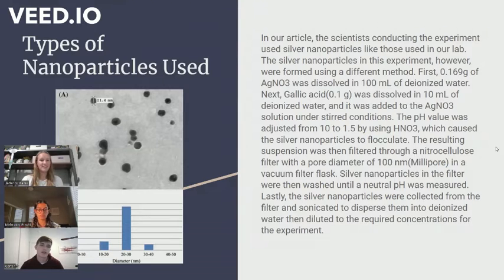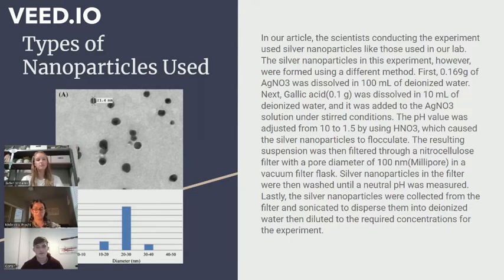The type of nanoparticles used were silver nanoparticles. In our article, the scientists conducted an experiment using silver nanoparticles, just like the ones that we had used in our lab. However, in this experiment, the silver nanoparticles were formed using a bit of a different method. First, 0.169 grams of silver nitrate, or AgNO3, was dissolved into 100 milliliters of deionized water. Next, gallic acid was dissolved into 10 milliliters of deionized water, and that was added into the silver nitrate solution